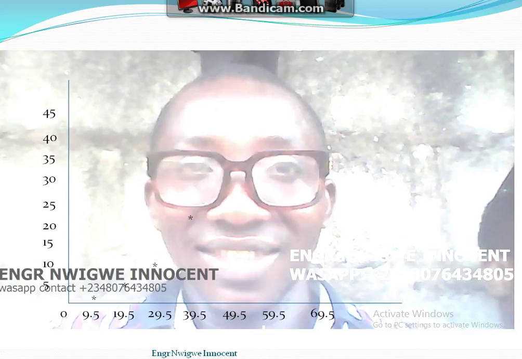You mark an asterisk. When the frequency is 9, the upper class boundary is 49.5. Where the two meet is the location of that point. You mark an asterisk. When the frequency is 5, the upper class boundary is 59.5. Where the two meet is the location of that point. You mark an asterisk. When the frequency is 6, the upper class boundary is 69.5. Where the two meet, you mark an asterisk. Then you